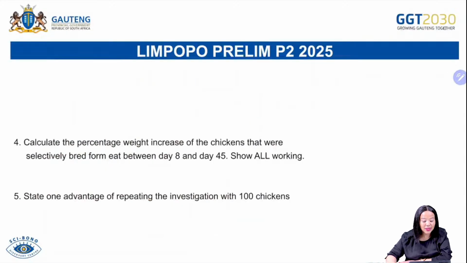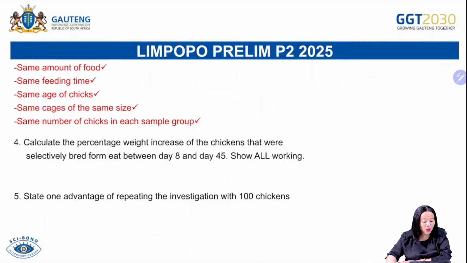Calculate the percentage weight increase of the chickens that were selectively bred between the age of 8 and 45 days. Remember here, when it comes to the calculation of the percentage increase, you firstly start by finding the difference. To say, you subtract the initial value from the final value and you divide by the initial value. So that is why we are saying